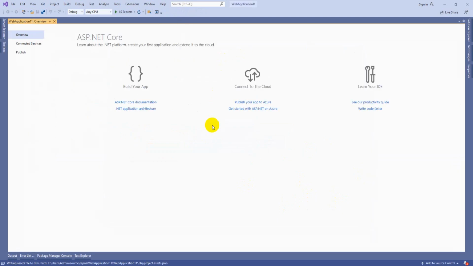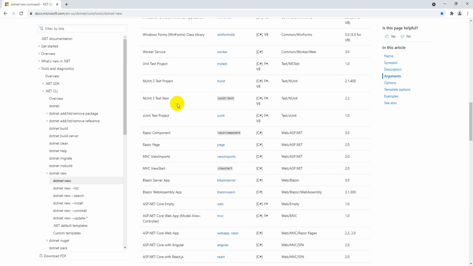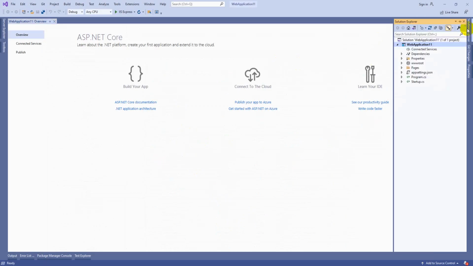The same project you can create by using the CLI also, but you have to use dotnet new, and here you need to select the web app option. In case you are using Visual Studio, you don't need to follow that command. So here if you see again guys, connected services is for Azure whenever we are using cloud topics. So this is going to be useful later, you can ignore it as of now.